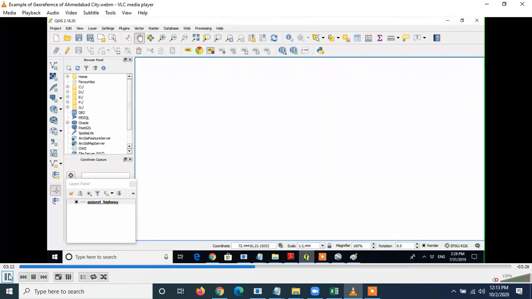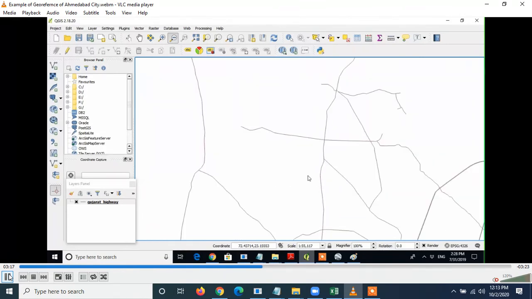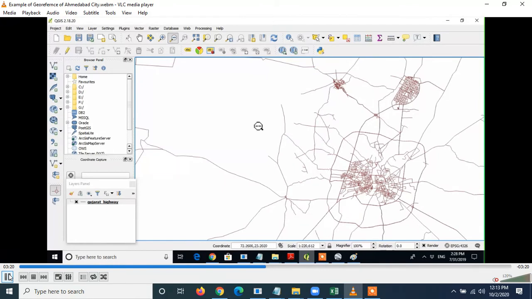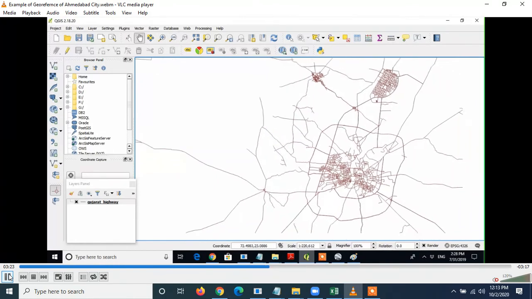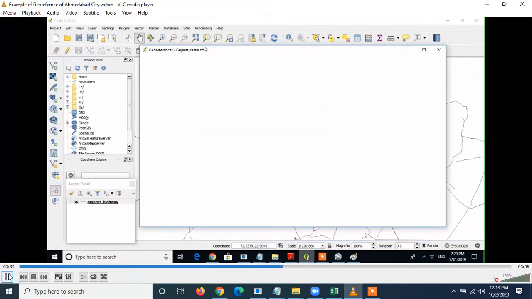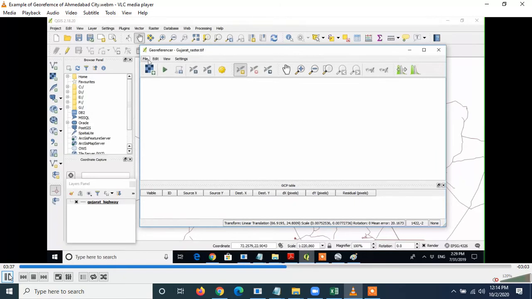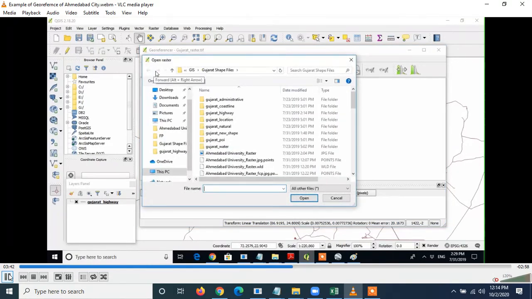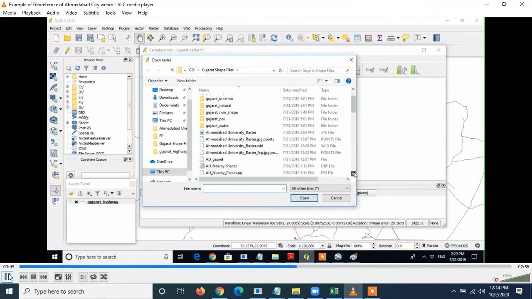So in short, I want to give georeference to the image file of Ahmedabad which I have saved, so that it can be aligned with Ahmedabad on any map, irrespective of the map. It will be aligned with all the maps which have a coordinate system. This is just a map which I have taken for reference, because it has coordinates. And after the georeference is completed, you can use that georeferenced image file in some other project also.